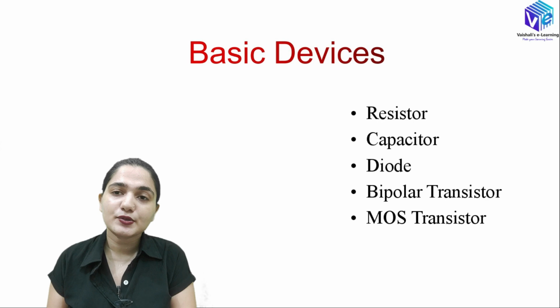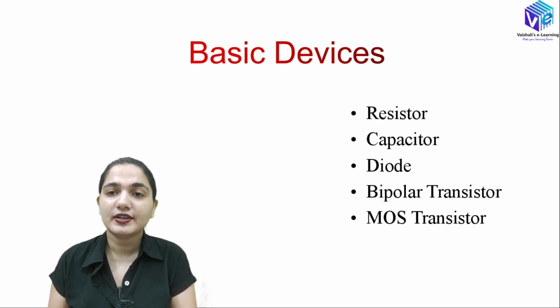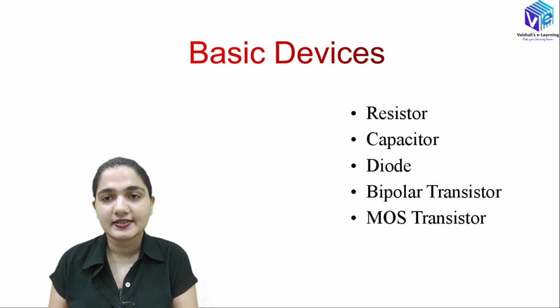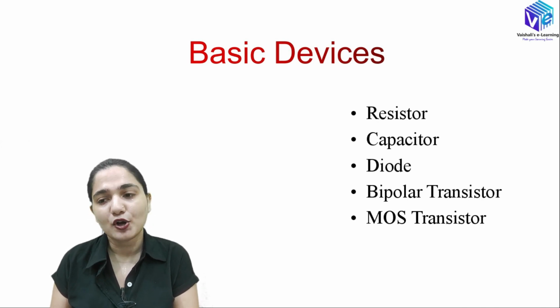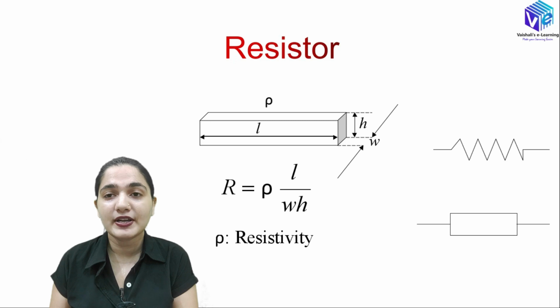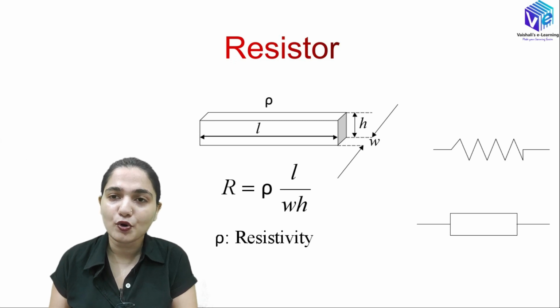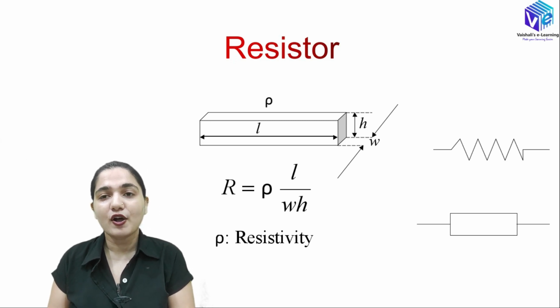Now in the previous video I have already given you the relationship between the doping concentration and the resistance. I hope you are recalling the last section of the previous video. If you can't recall it, you should go back and watch it first so that the property of resistance will become more clear to you. Okay, so first of all, resistor.